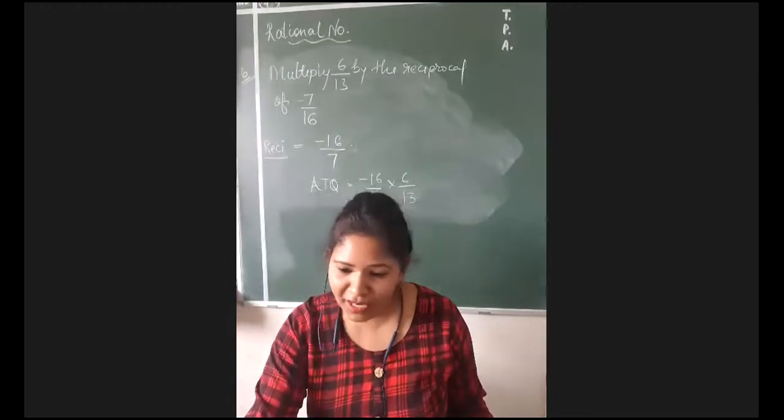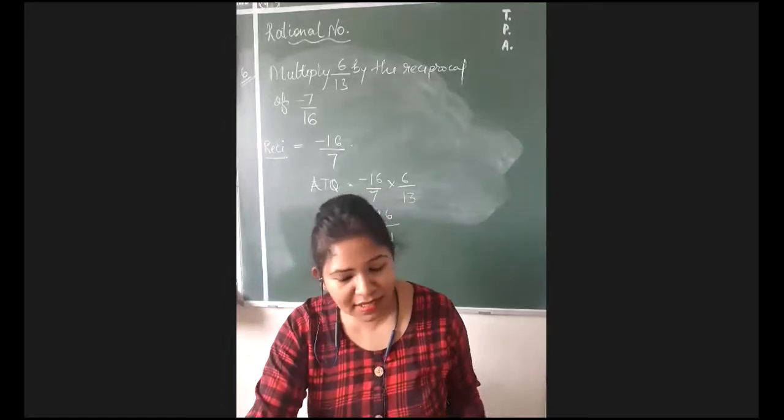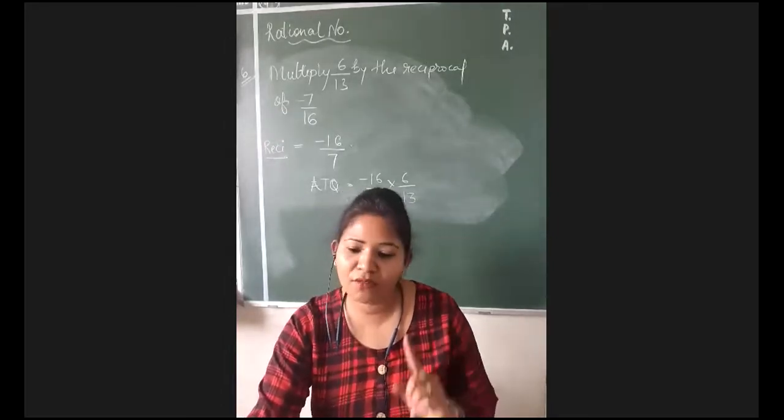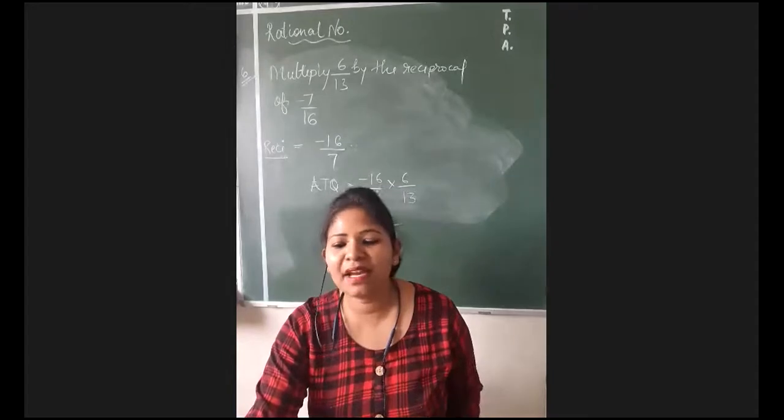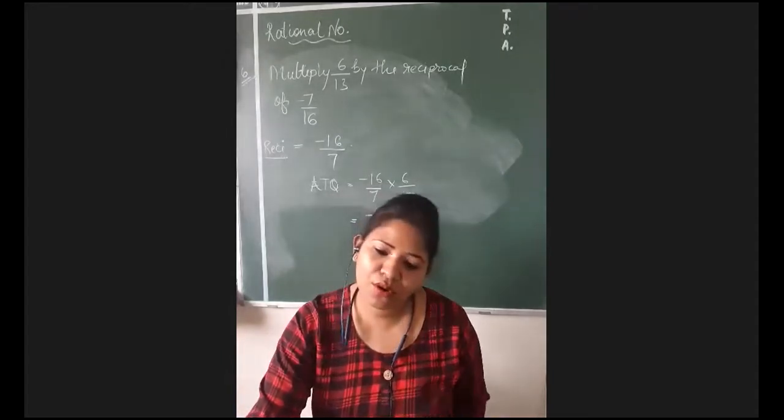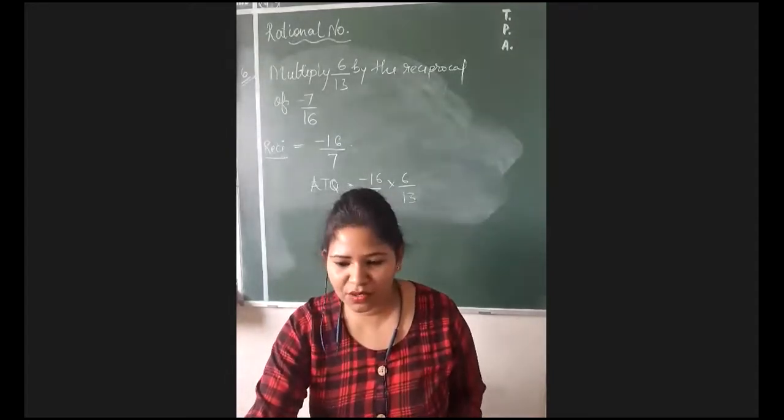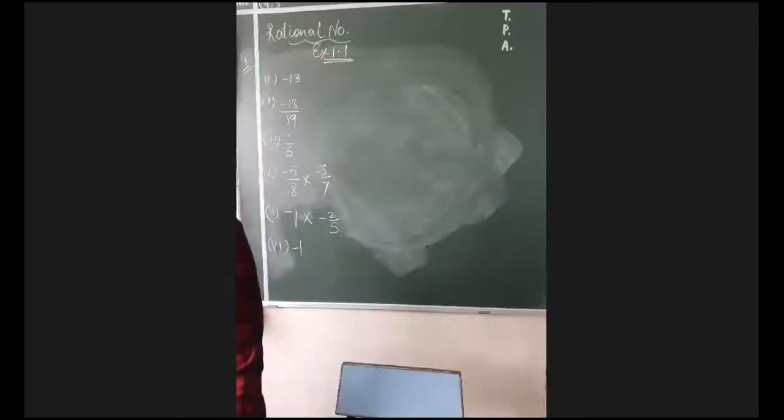Now, move on to the third one. It is having one number multiplying by its reciprocal and giving the product 1. That means it is the multiplicative inverse property. So you can also write only multiplicative inverse. So question number 5 is done.